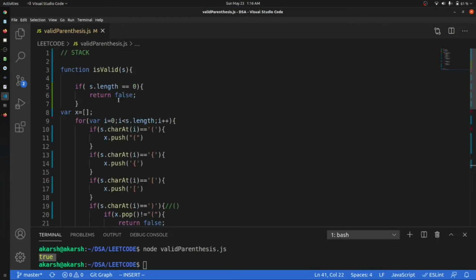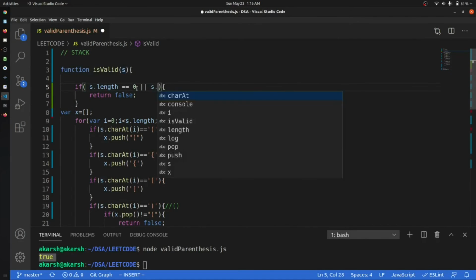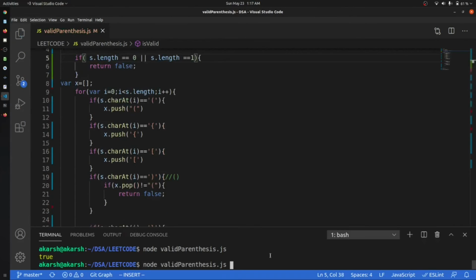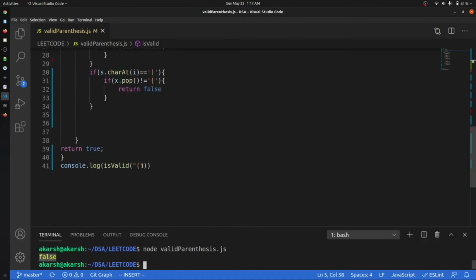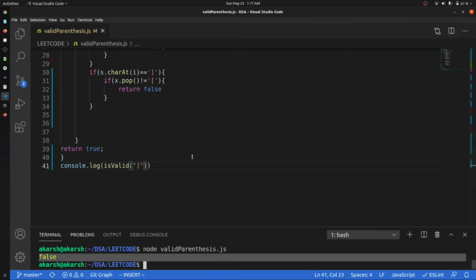So we will check another condition, s dot length double equal to 1, and if the length is 1, then also please give me false. Let us prove it like this. It is giving us false.